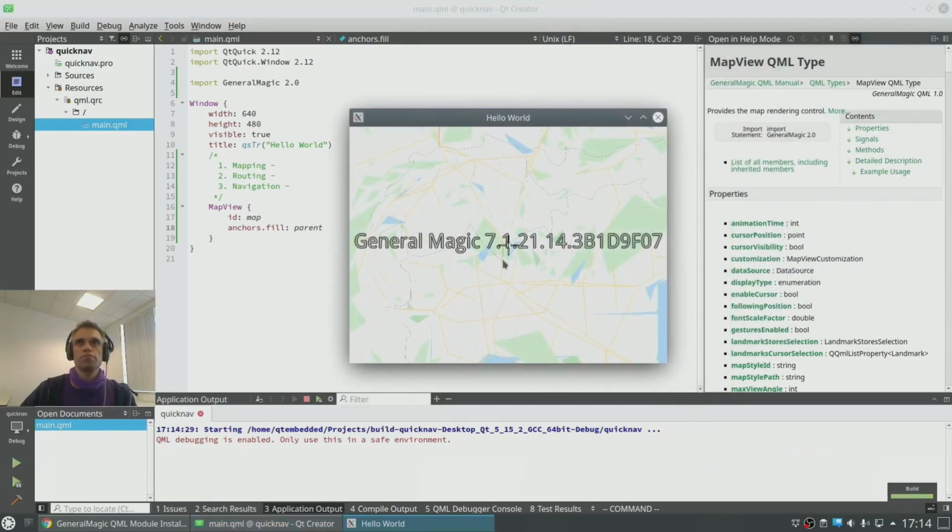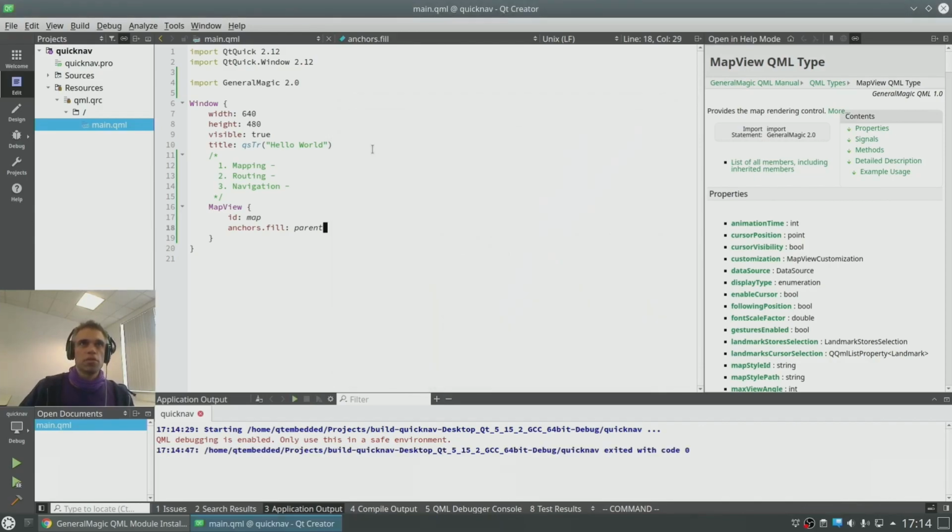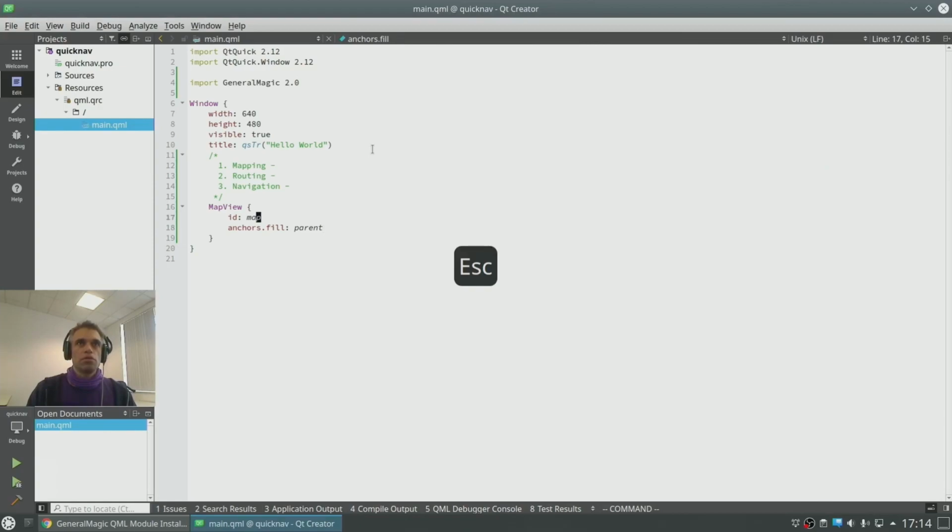And there it is. We can pan, we can zoom, but as we zoom, we see that there's no additional details. The reason for this is because we have a hybrid engine. It works with both online and offline data, so it does not require an online connection to work. So we need to specifically tell it to connect to the server and download the tiles for the area we want to show, because we don't have any maps installed here.